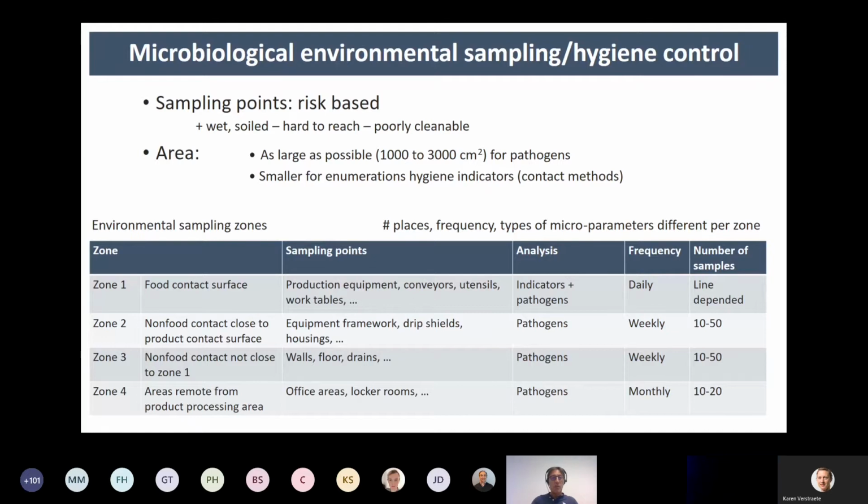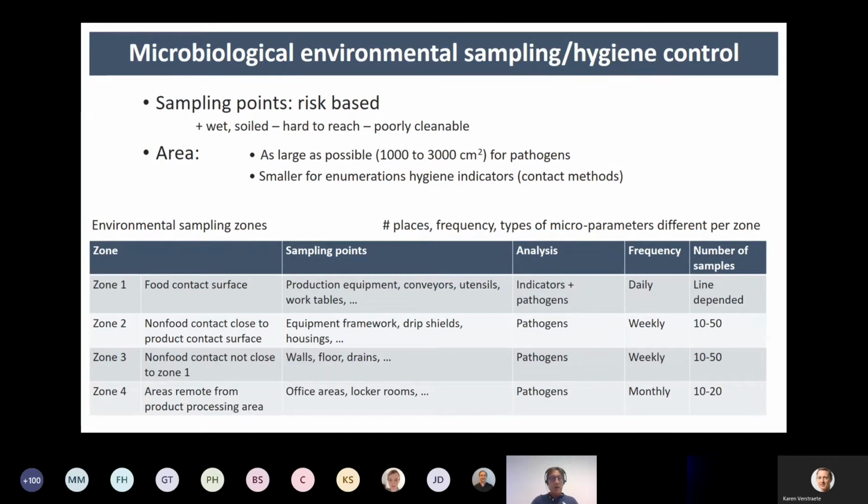Well, this depends on the zone you are sampling. If you are sampling zone 1 points, so food contact surfaces, of course, then you need to sample most places, also at the highest frequency, so in my opinion, daily. And concerning the type of microorganisms, besides pathogens, it's also useful and advisable to sample for some hygiene